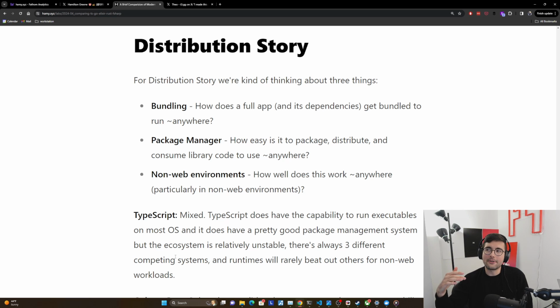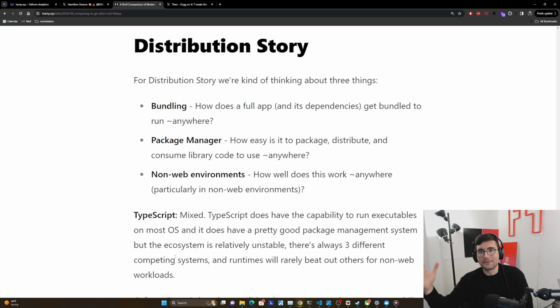If you've been in the JS ecosystem for a while and you've had a project and you've left it for 6 to 12 months, it is so likely that you're going to go back to that project 6 to 12 months later and it's going to be broken because the dependencies have shifted out from under you. And so this just generally gives an unstable ecosystem vibe over time. All of this works against it.